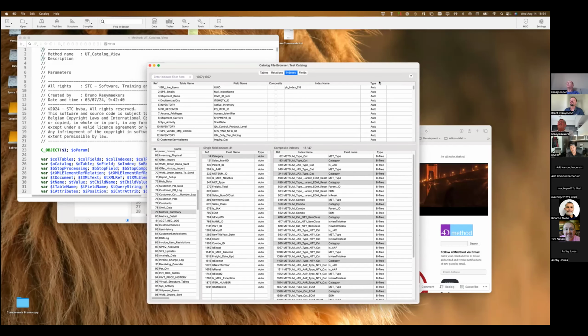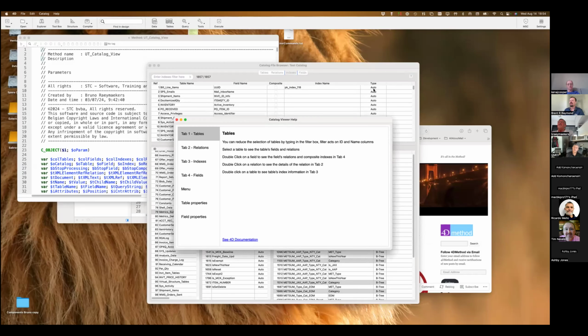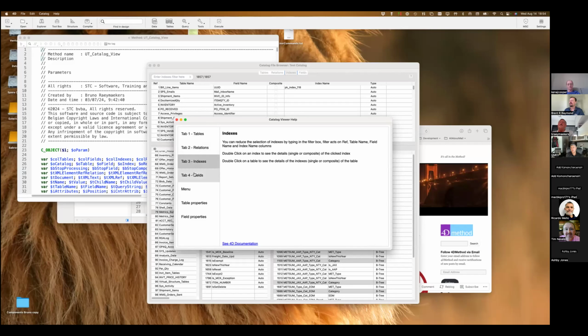And maybe one more thing, there is a help function available here in case you miss how you go through all the different tabs and how you move from one relation back to a table and all that kind of stuff.